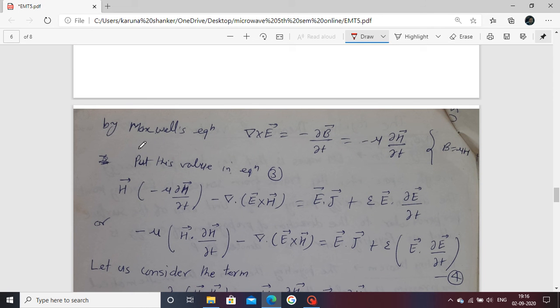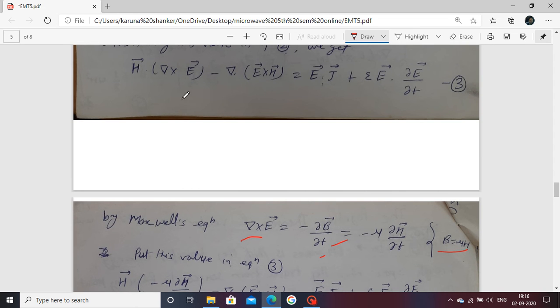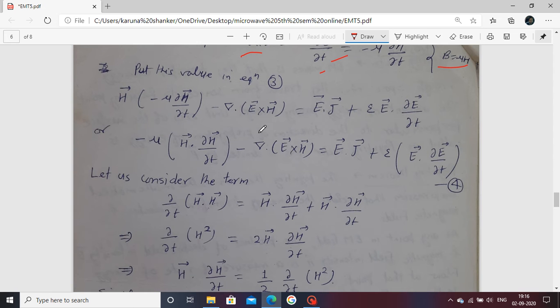Now we have seen Maxwell third equation, that is del cross E is equal to minus del B by del T. B is equal to mu H, here B is equal to mu H, put in this equation. Now this value del cross E is put in this equation third, substitute this value, and now arrange this value in this form. Now these individual terms are calculated. Here this one term is calculated, and this one comes in this form,